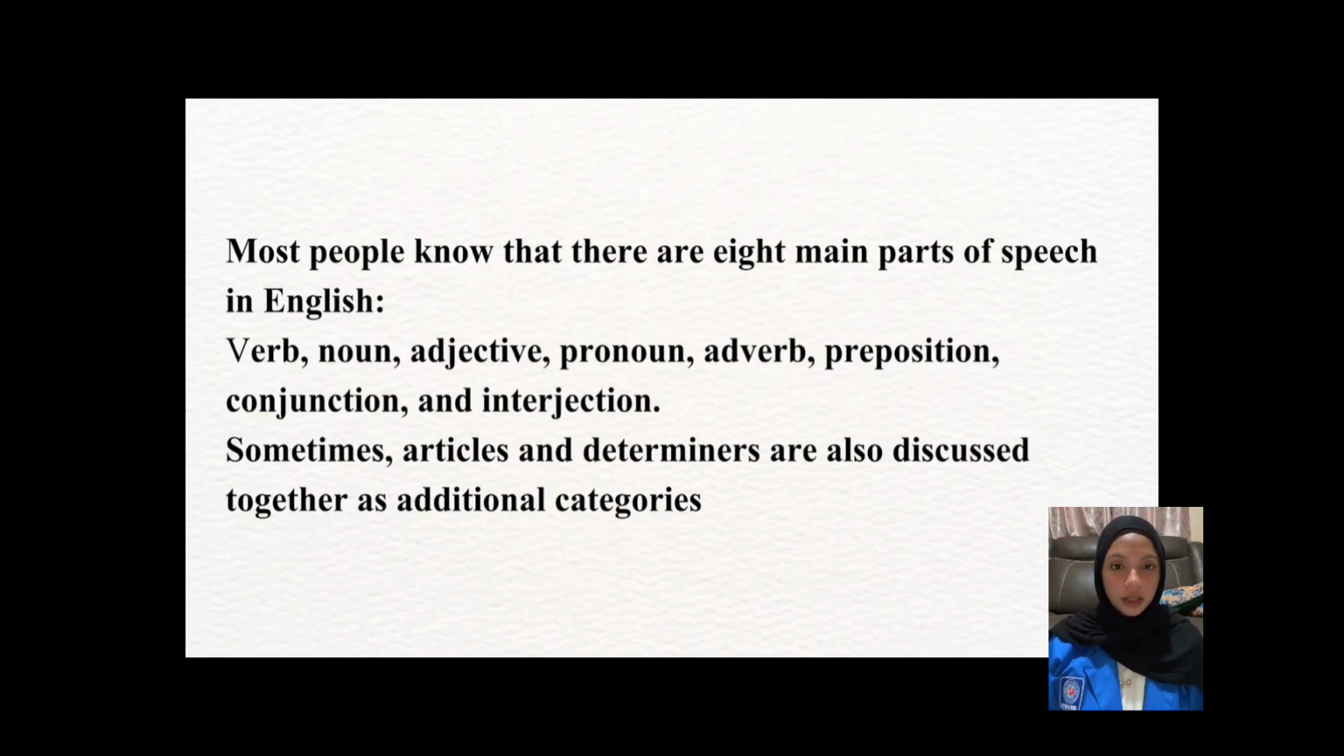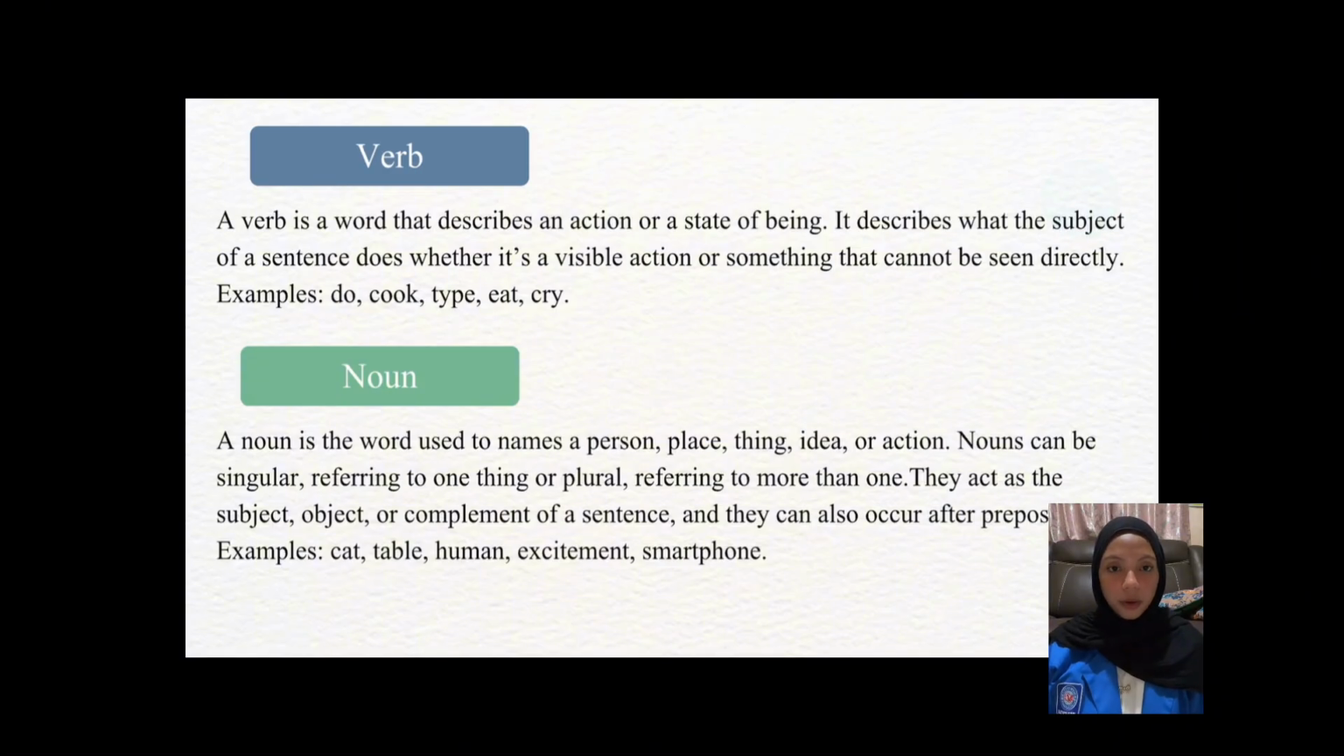But sometimes articles and determiners are also discussed as additional categories. Now let's talk about each of them one by one. First, verb. A verb is a word that expresses an action or a state of being. It describes what the subject of a sentence does, whether it's something you can see or something you can